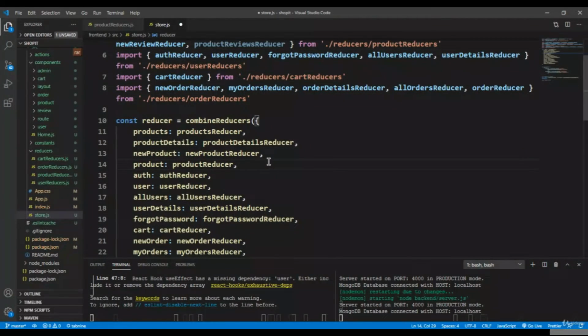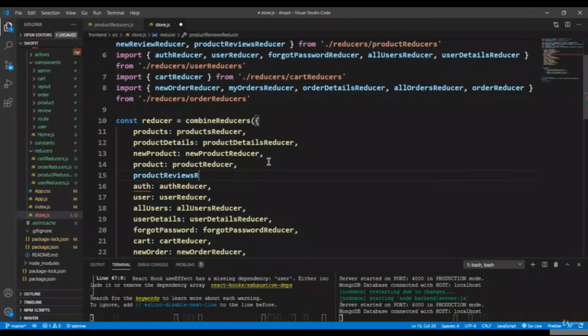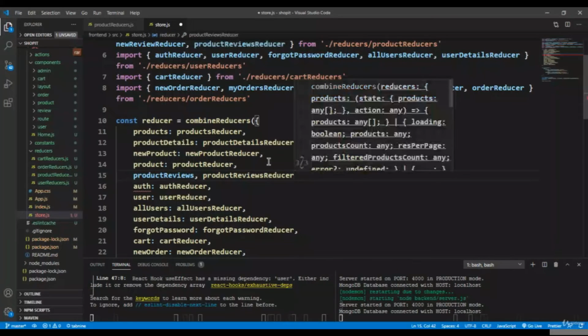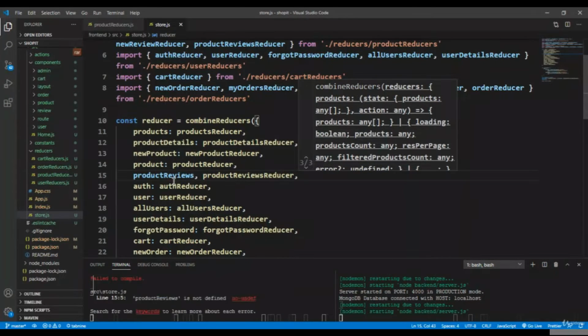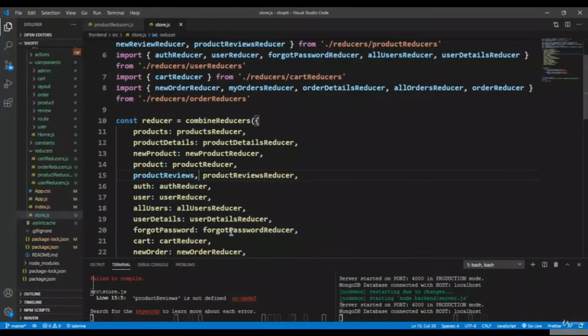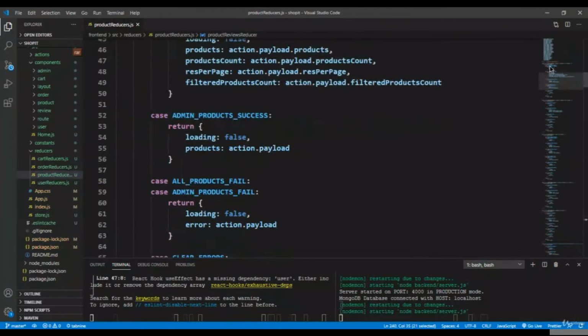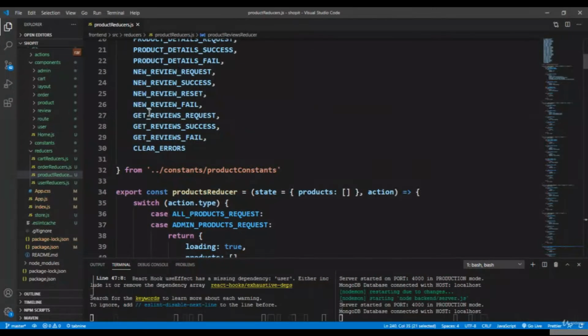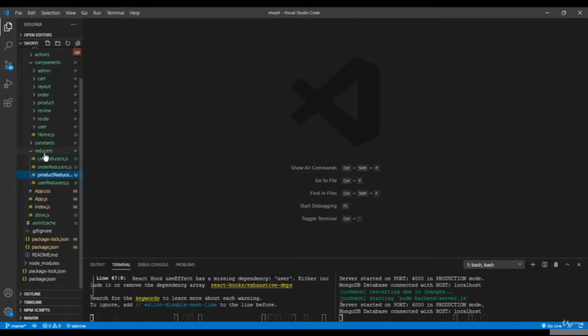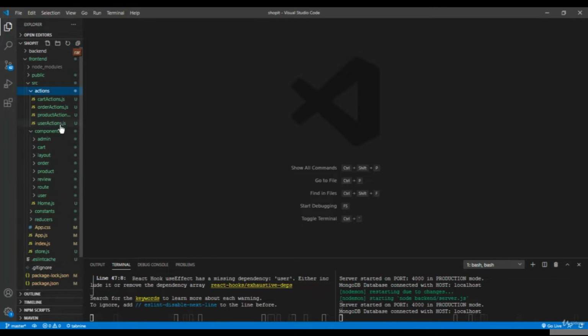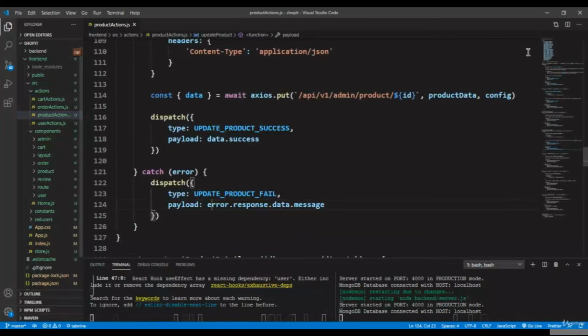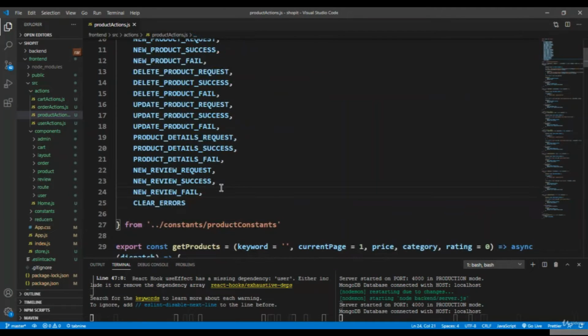So product reviews reducer, save it, product reviews. Okay, so now go back and let's copy these three constants. Control C, close it, go to actions, product actions, and at the top let's bring them in,